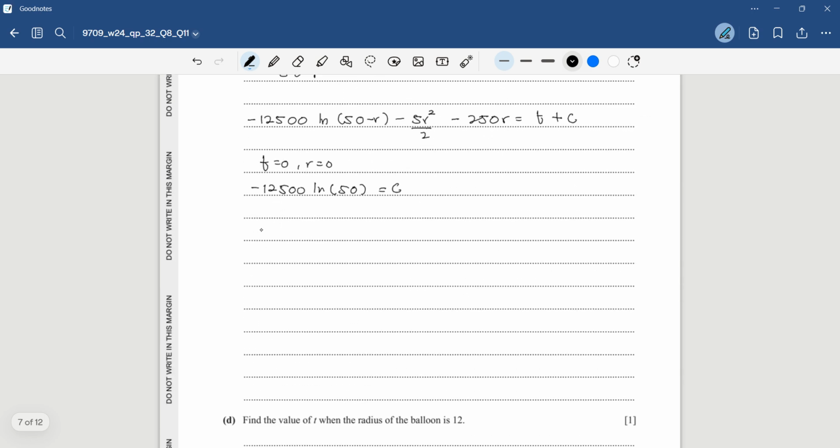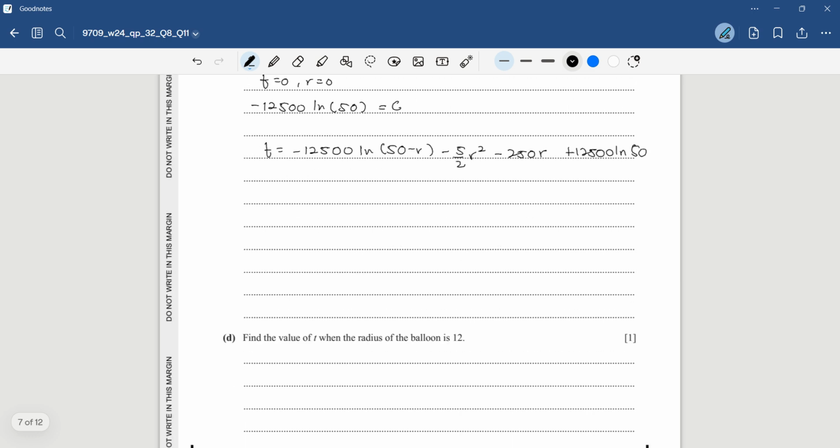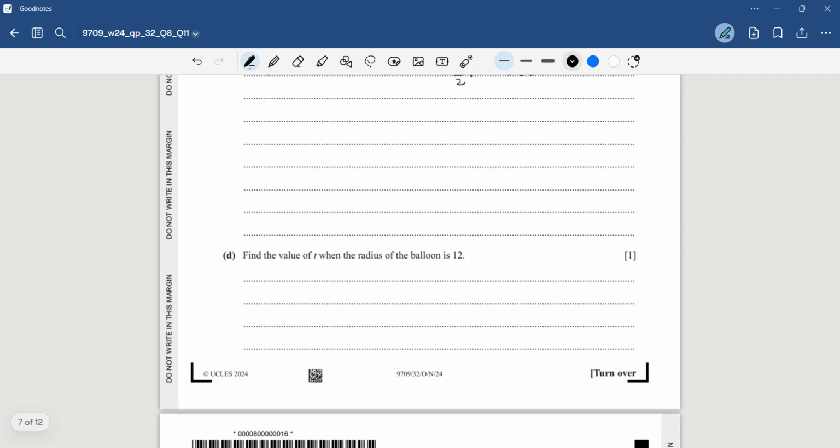So t is equivalent to, I bring the c over to the next side, so it's going to be negative 12500 ln(50 minus r) minus 5 over 2 r squared minus 250r, plus 12500 ln 50. Okay. And find the value of t when the radius of the balloon is 12,